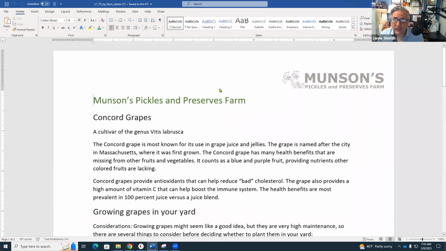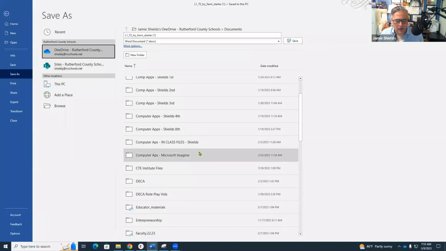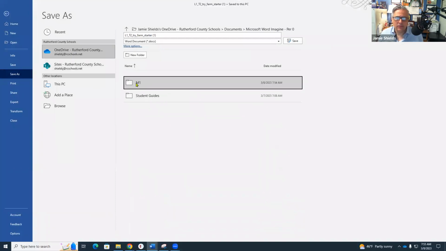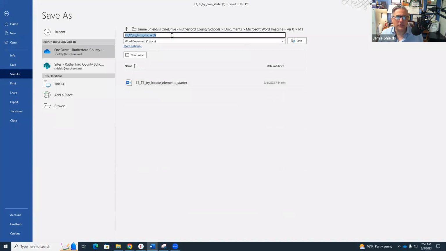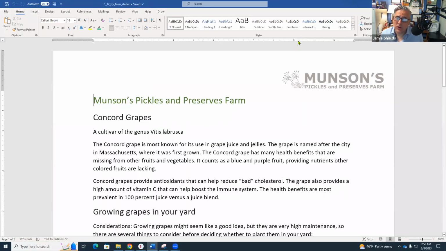So let's practice saving it again. We're going to hit File, Save As, OneDrive. Go down to Microsoft Word Imagine, period 0, M1, and we're going to just save it right here. Save. Because we don't really need to do anything to this one, we're going to go ahead and move on. We're going to X out